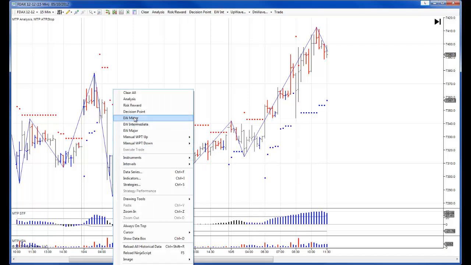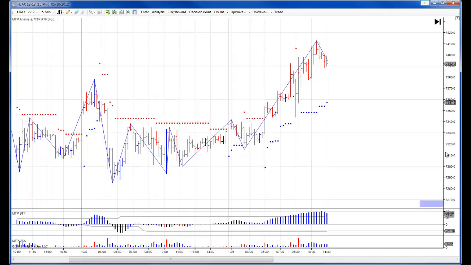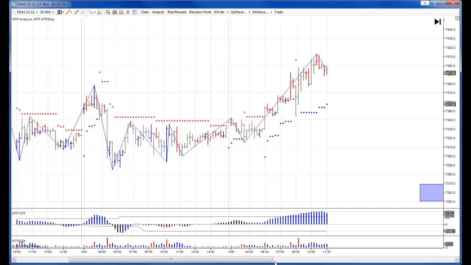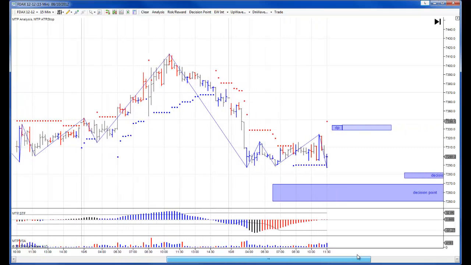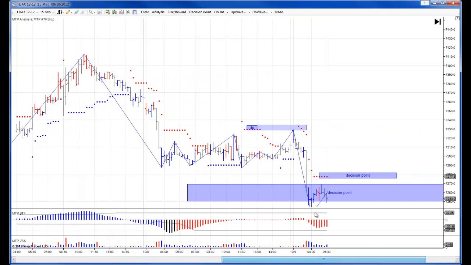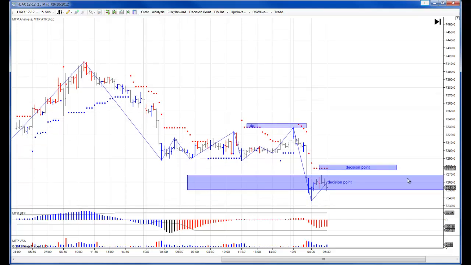If I put the DP on from here, you can see the DP supports around here. So again, that's on the chart in advance. As you can see, the market went down and went right into this decision point support. So this was the area that I was looking at with interest here this morning, is that this was at